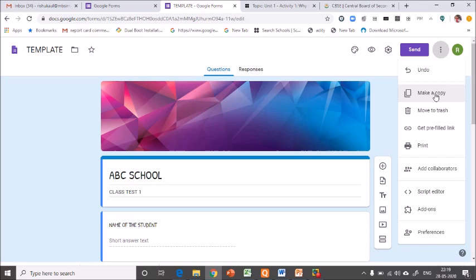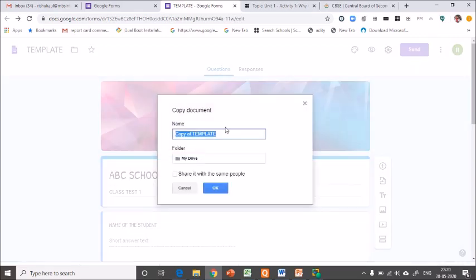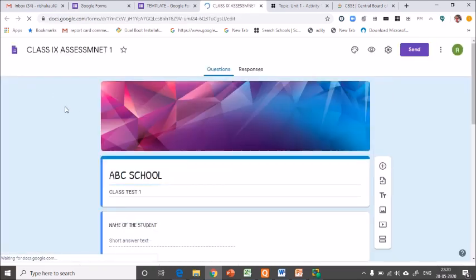Keep this template as it is so that you can use it for all your assessments, and click on make a copy. When you click on make a copy, write down, for example, this is my class 9th assessment 1. Click on OK and see what happens.